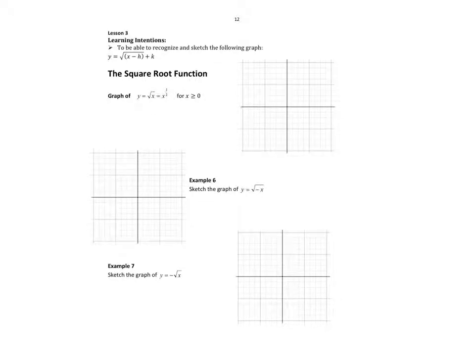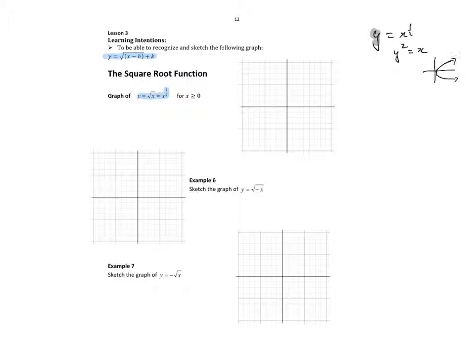Alrighty, so this lesson, our plan is to recognize this function, y equals the square root of x, which is the same as y equals x to the power of a half. So if we go back just a step and think about y equals x to the half, if I square both sides, that's the same as saying y squared is equal to x. So what we're saying is that's like a parabola